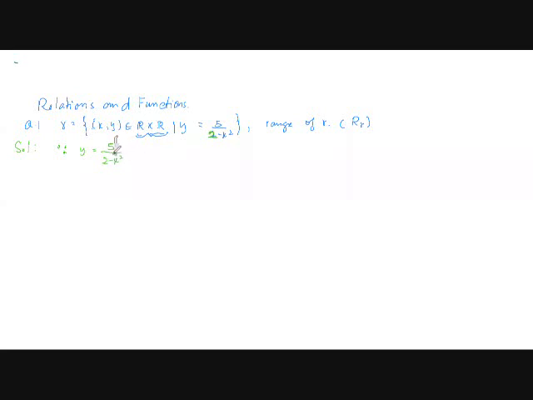Then you just convert to get the value of x. This is the easiest way to do it. Just convert, and move terms to get the value of x. Say if 2 minus x squared equal to